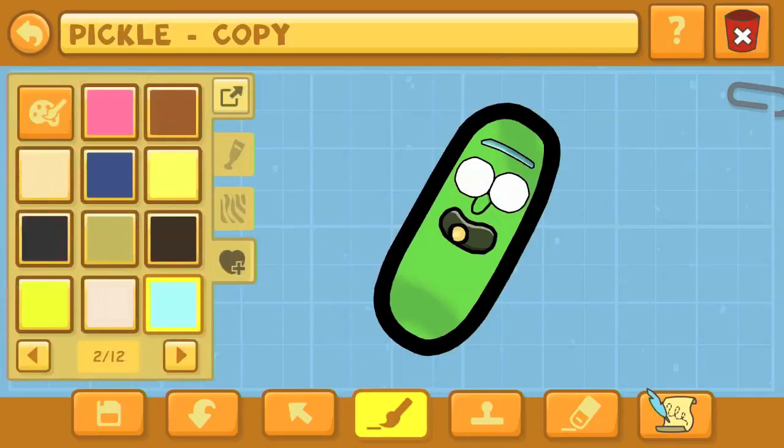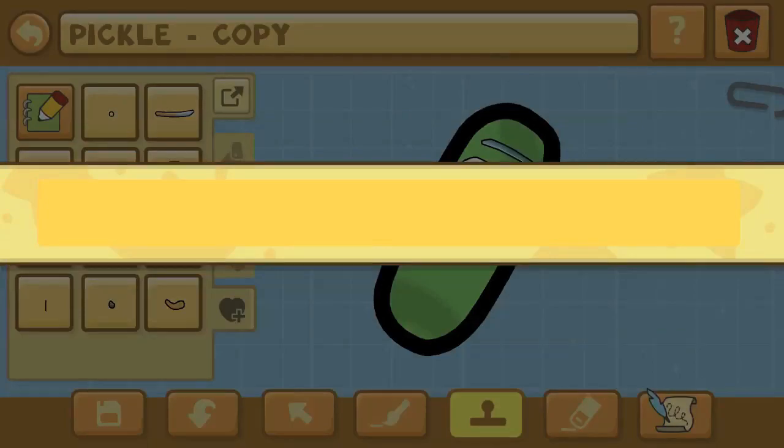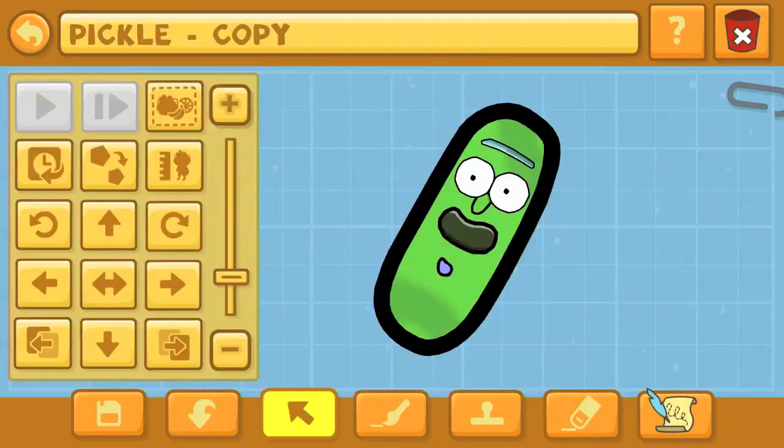And so we're actually going with a wart right now to be the pupils in the eyes. So just remember that we are working with the pickle as the source object. All of the stamps that you place down for creating Pickle Rick here do actually need to be placed on the original pickle and then moved with the arrows. So you can't just put that wakeboard piece for his unibrow up there all the way from the start. You have to place it down where the original pickle was